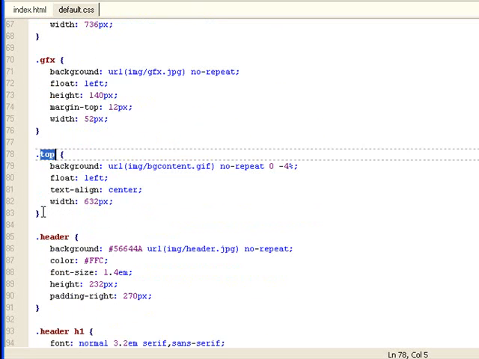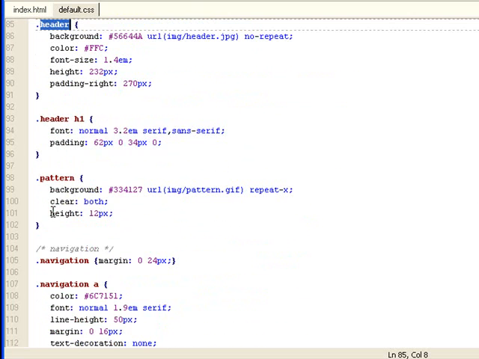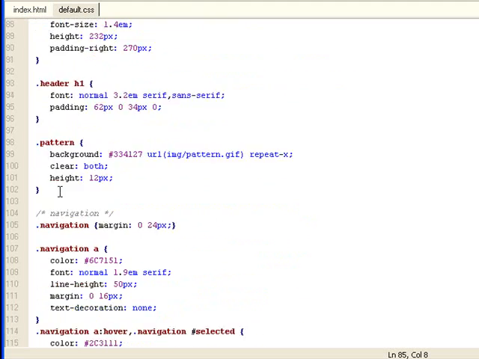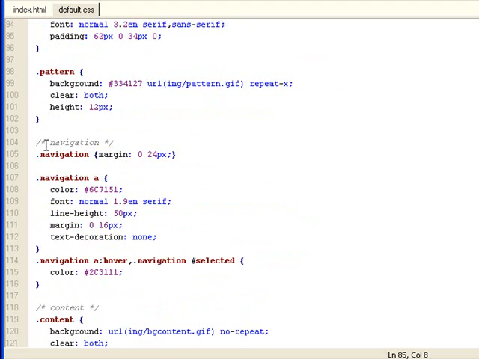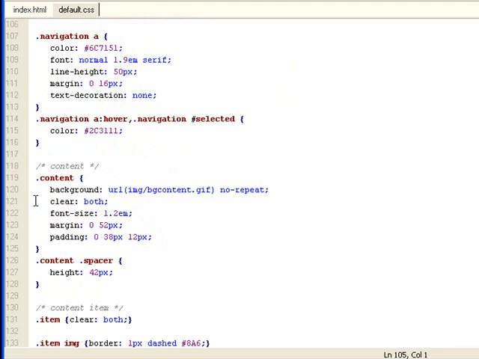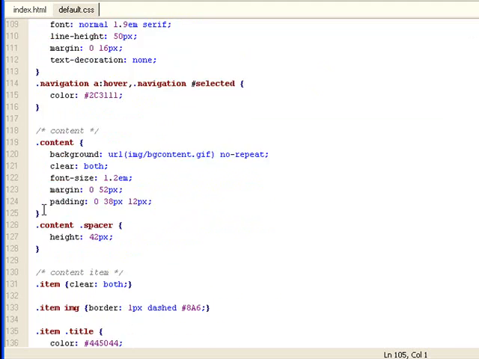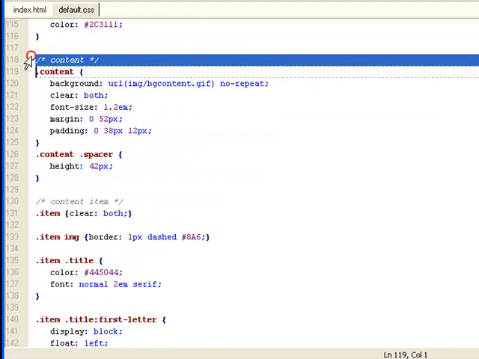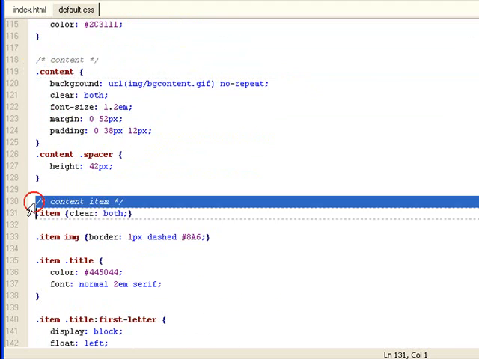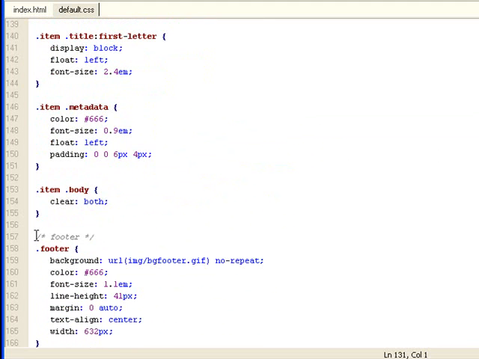This sets the styles for the top section, styles for hit section, and so on and so forth. Then there's navigation. These are the styles used for the navigation at top, navigation menu. Then there's the content part, then content items, then footer,